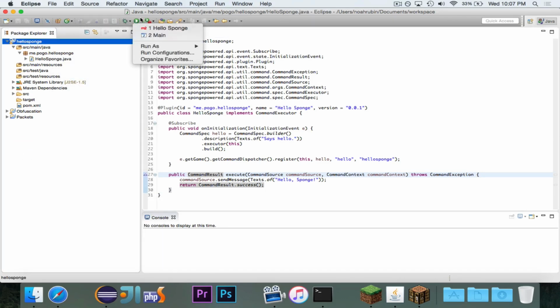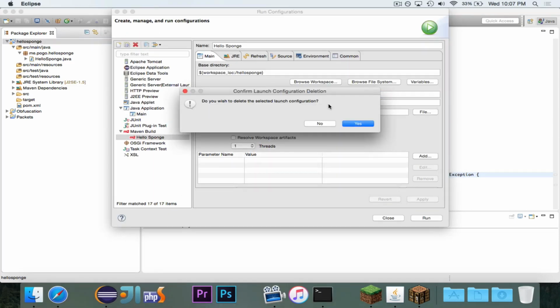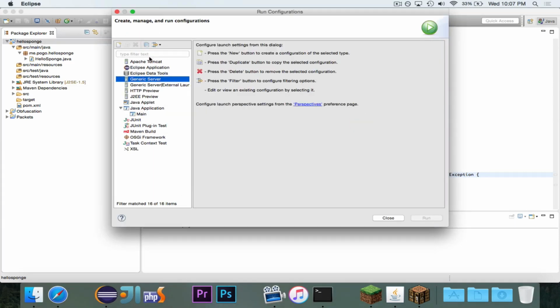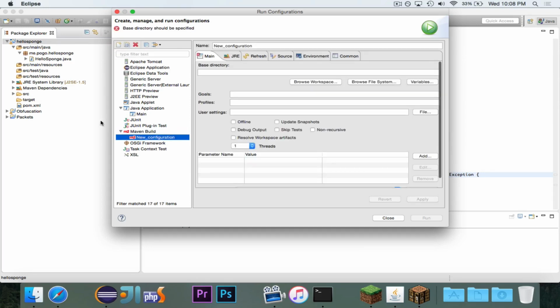What you need to do is go right here, choose Run Configurations. So you're going to click on this arrow, choose Run Configurations. And I actually had that from my testing before. But you're going to choose, you might be somewhere here, Java application, or you might be on main, whatever. You want to click on Maven Build right there, and click New. Because remember, we used Maven to manage everything, so we also need to use Maven to build.